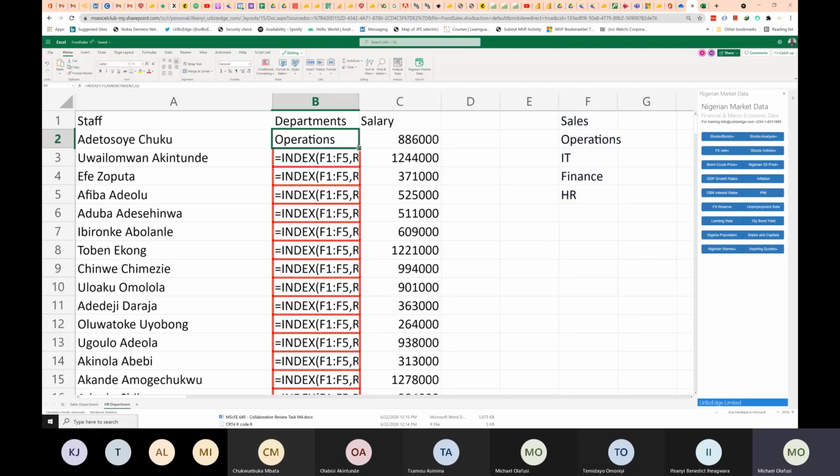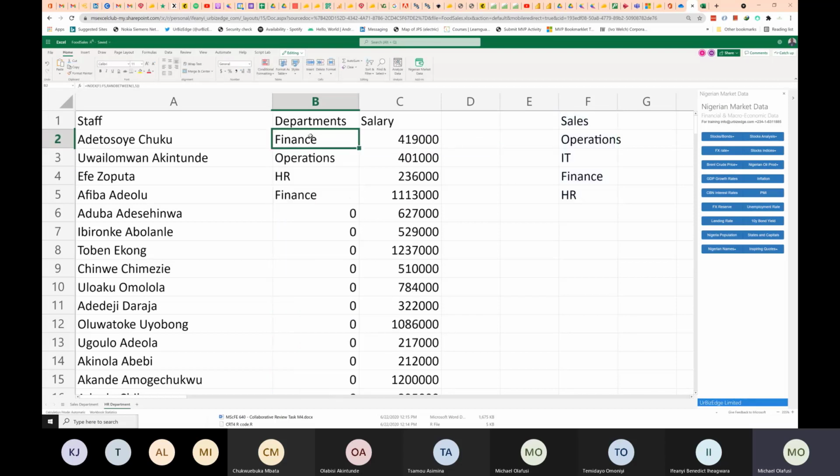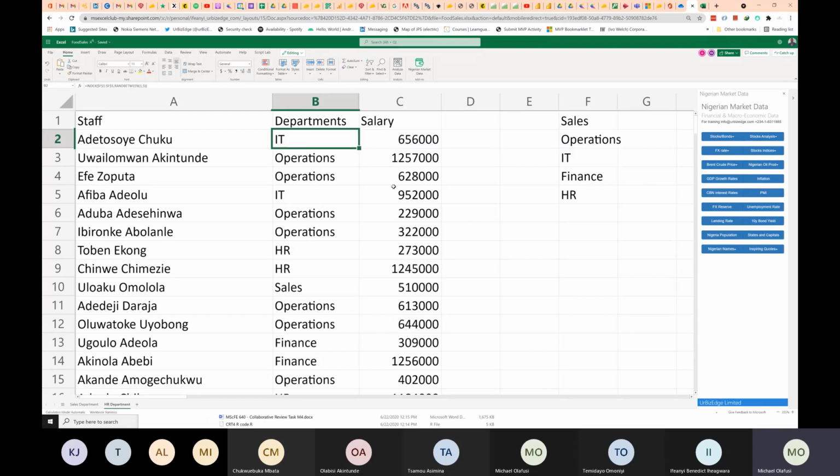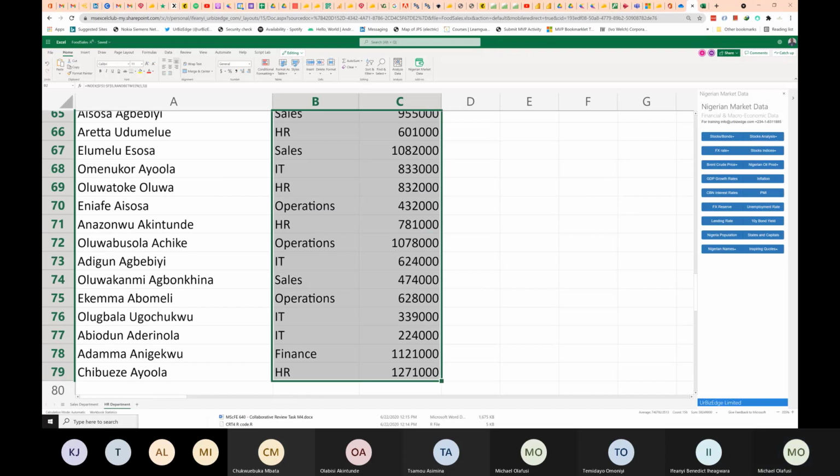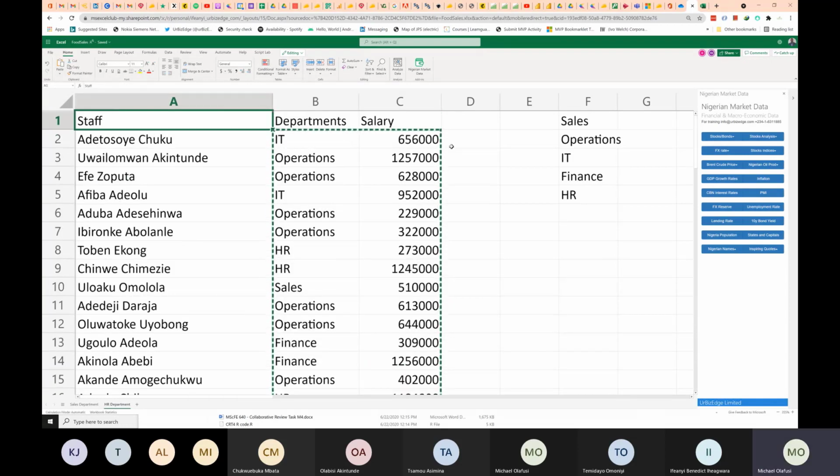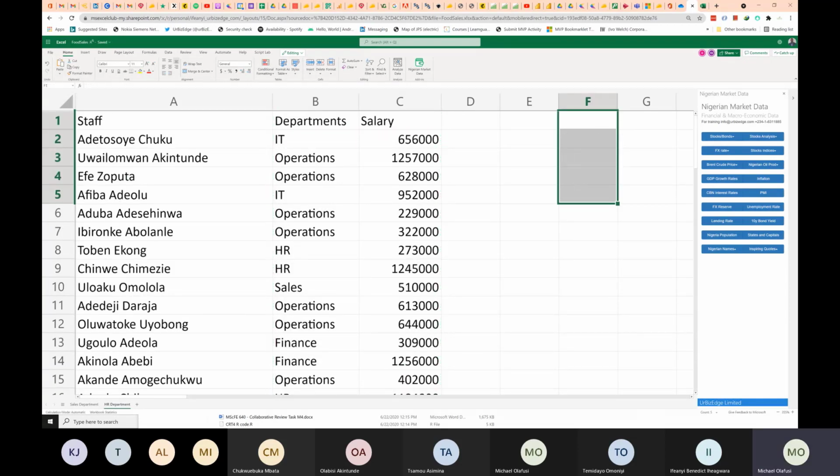That's interesting. So if you make a mistake, the thing is not smart enough to autocomplete the errors. So I'm going to copy all of this, copy, paste back as value. Okay, good. And then I don't need this anymore.